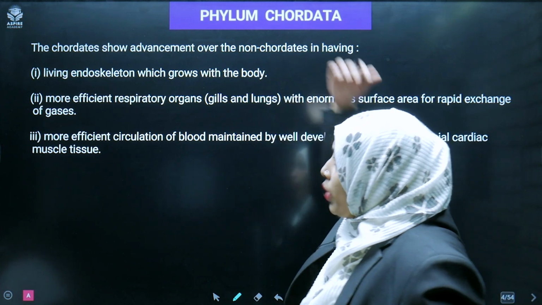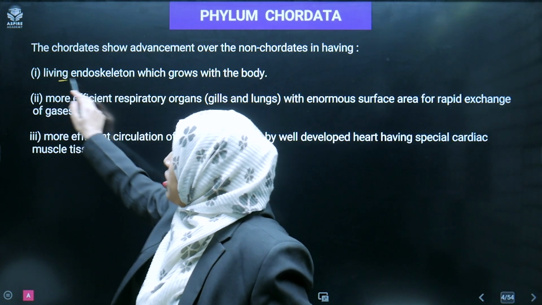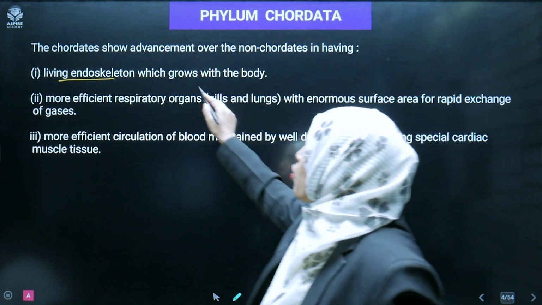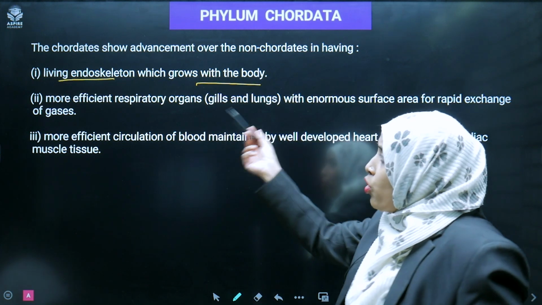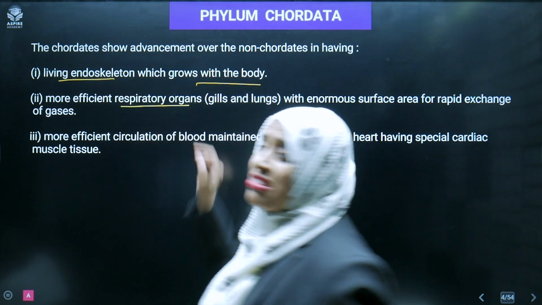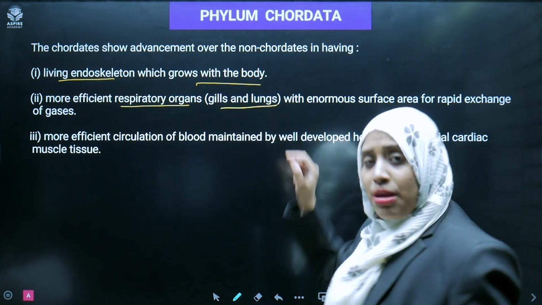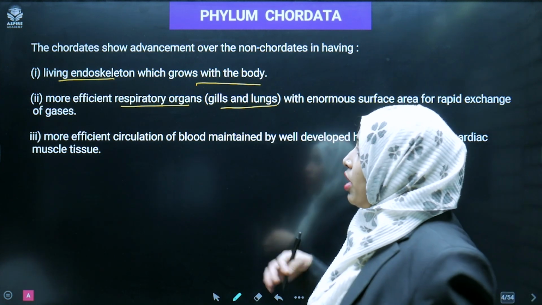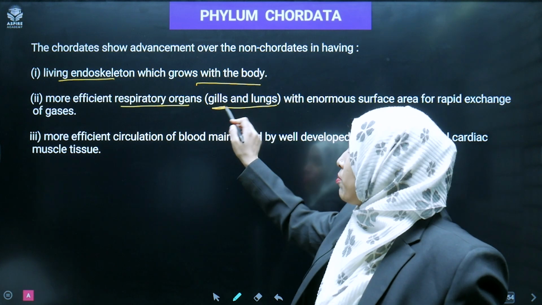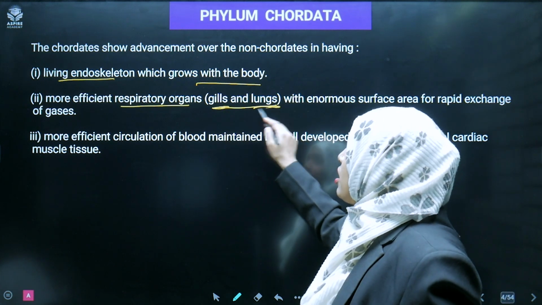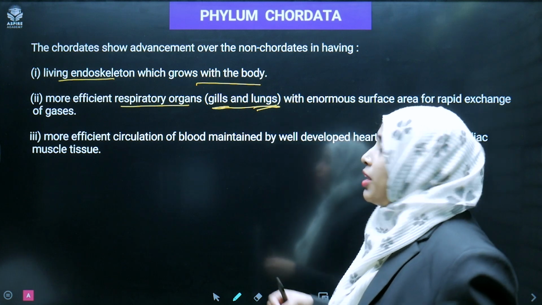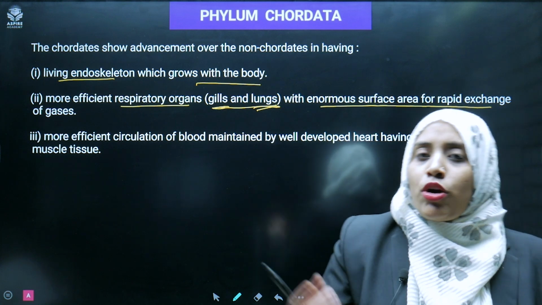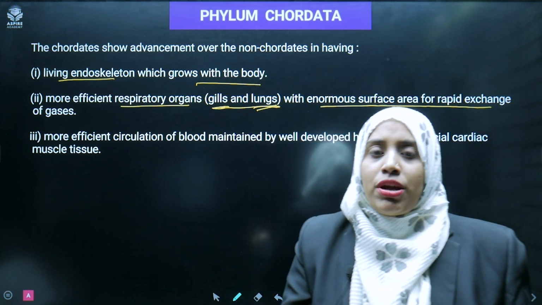So how we can say, okay, now here you see living endoskeleton, the skeletal system is present in the chordates which grows with the body, okay। So more efficient respiratory organs are also present in chordates, gills and the lungs are present। फिशेस में आप देख लो, एम्फीबियंस में देख लो, रेप्टाइल्स, एव्स, मैमल्स, ओके। फिशेस में हमने देखा गिल्स होता है, देन लंग्स, मैमल्स में है, एव्स में है, ओके। With enormous surface area for rapid exchange of gases,